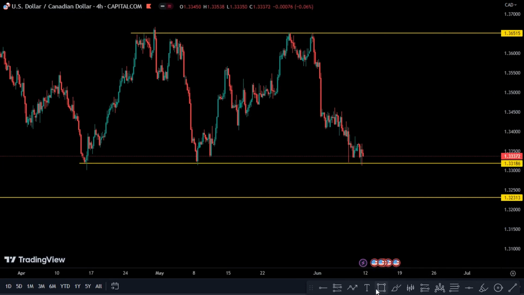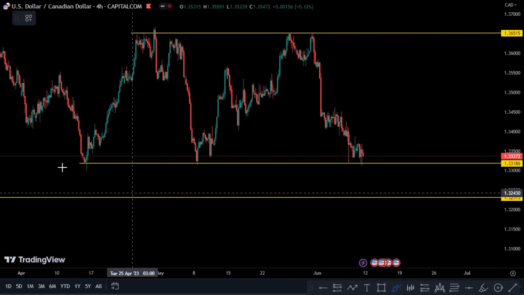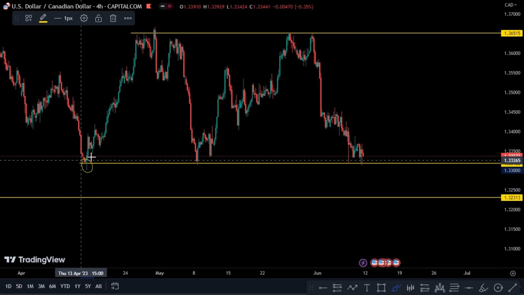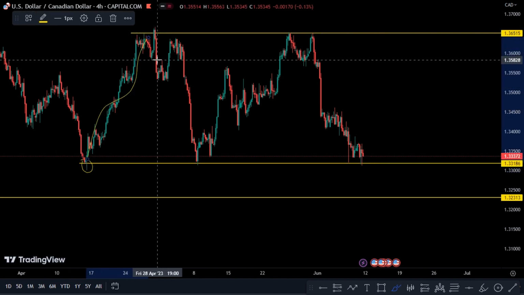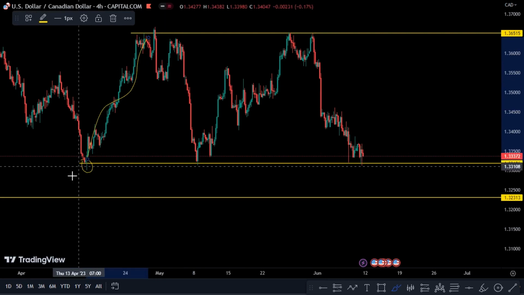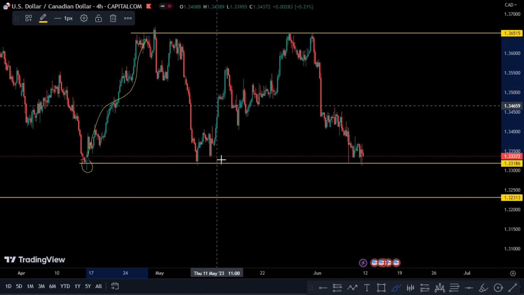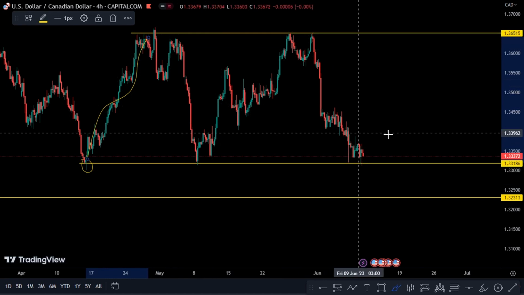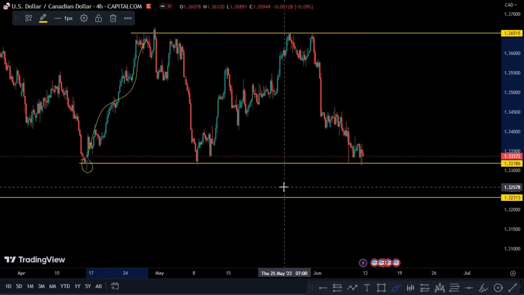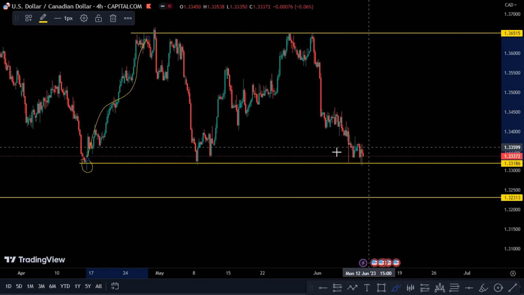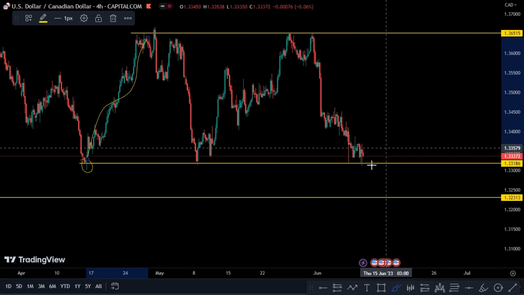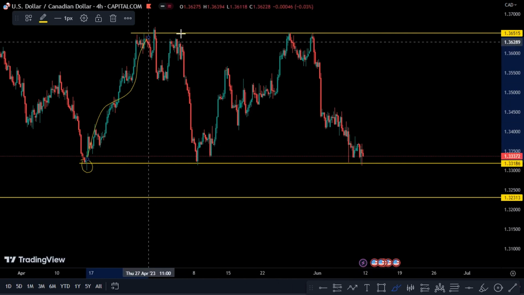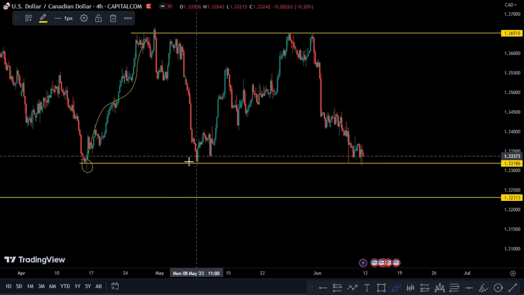Okay, as you can see, this market has respected this area here. We had a reaction and then a push from the market all the way to the previous resistance. As I always say, the market simply moves in between two significant structures and we capitalize on how it is getting to the next structure, up until one of those structures is broken, and then we capitalize on a continuation from that structure. Okay, this market then came back to this support structure, as you can see, hit the structure,